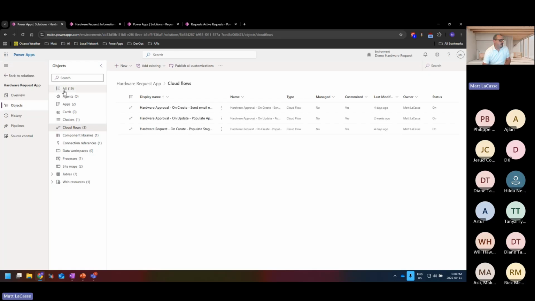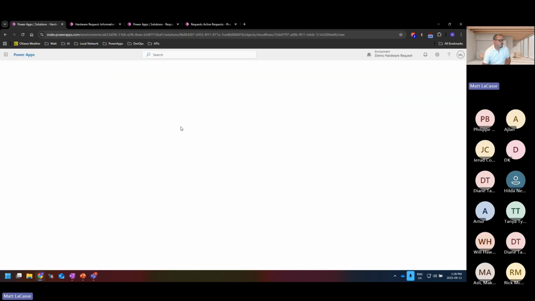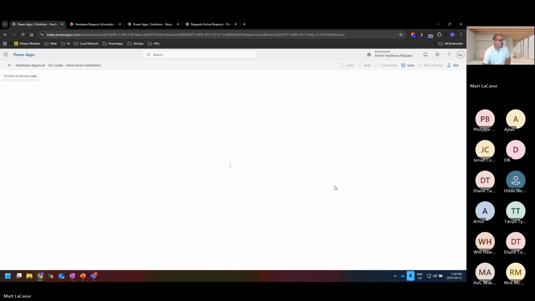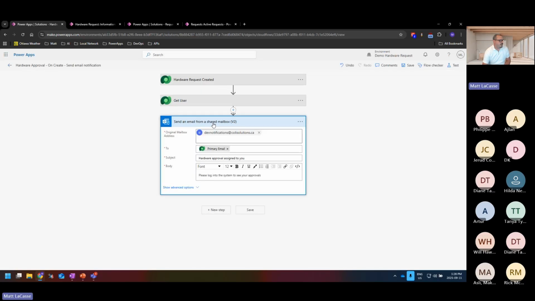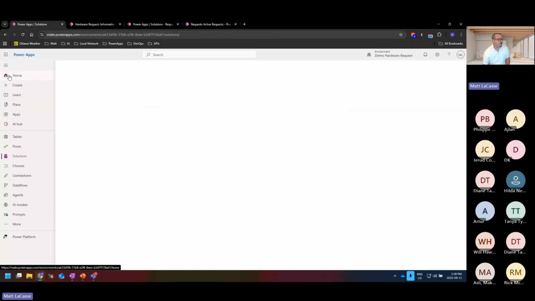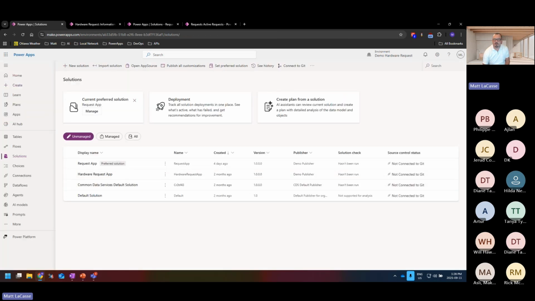And then the last one was for our notifications. We have a task in here. Is this the right one? Send email notification. We've got a task that's sending an email, but because this was developed maybe in just the one environment, somebody went ahead and just left this pesky hard-coded email address in here too. So while we have a fully functional app, there's certainly a lot of room for improvement. So how can we improve on that?